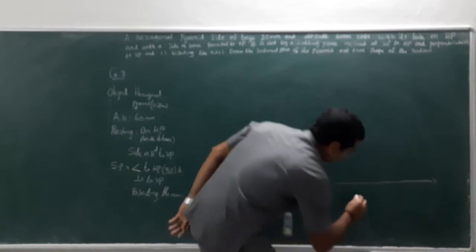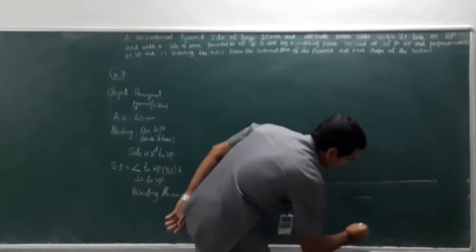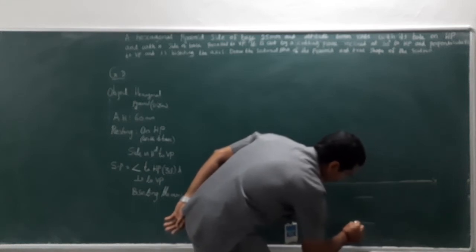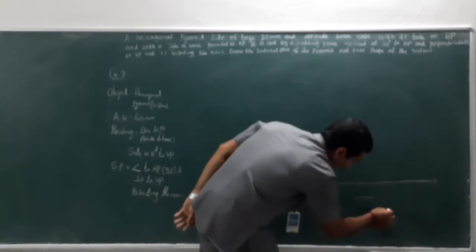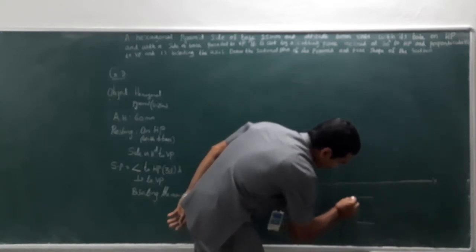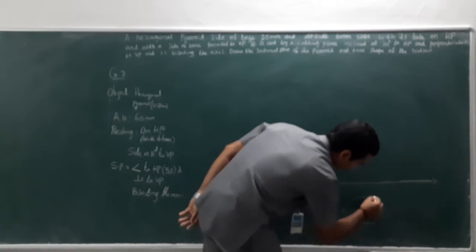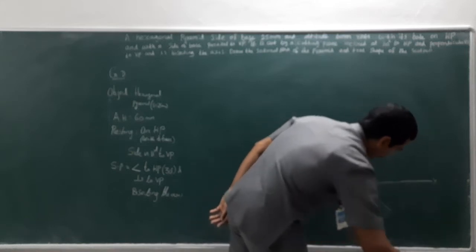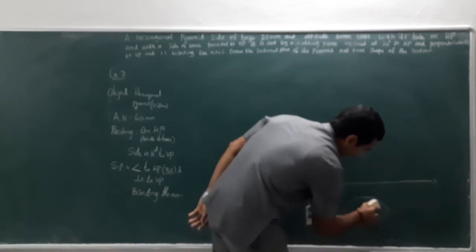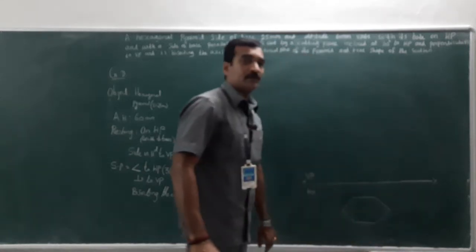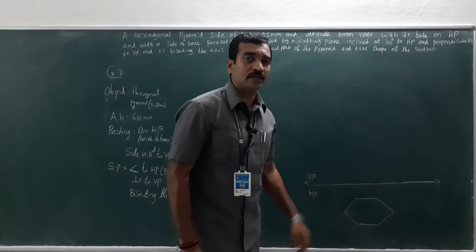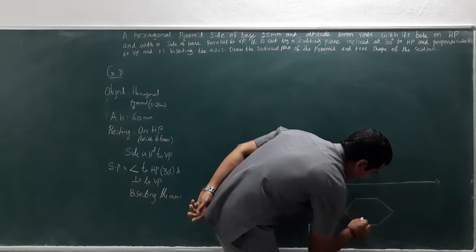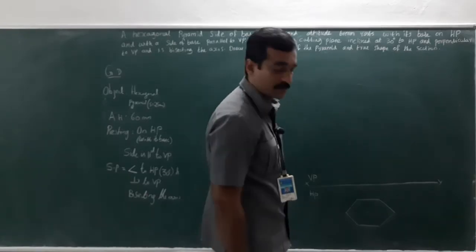Right? So, now, this is the side which is parallel to VP. So, this is the hexagon, right? This is a hexagonal shape. Now, this is a pyramid, isn't it? So, you need to have the apex or vertex. For which, by connecting the diagonals, you will get the center here. That is the apex O.